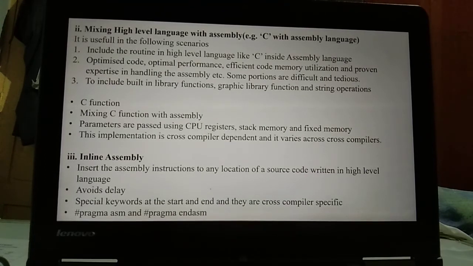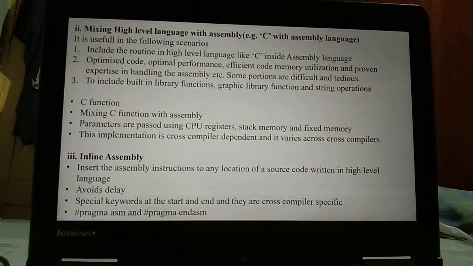At the start of the assembly language, the keyword used is #pragma ASM, and at the end of the assembly language, the keyword used is #pragma endasm.